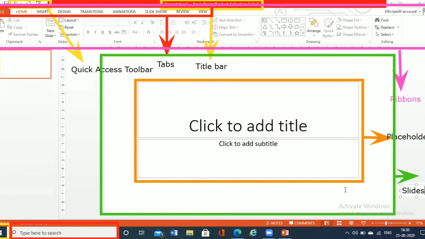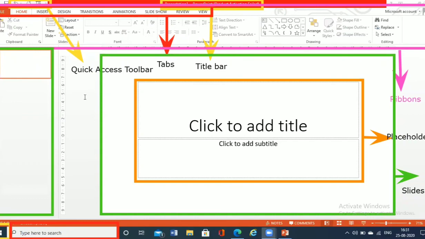Now moving forward, we have the slide pane. What does the slide pane hold? It displays all the slides available in your presentation. The slide pane holds all the slides which are there in your presentation.